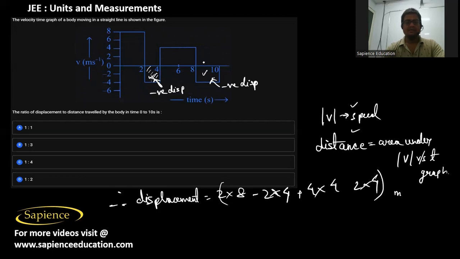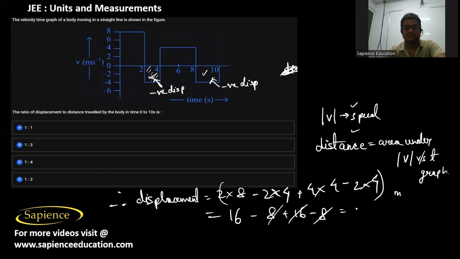And if we take the absolute value of this, then we will get the distance traveled. So here this is 2 into 16 minus this is 2 into 8 plus 4 into 16 minus 2 into 8. So this is 2 into 16. So 16 meter is the displacement, and the distance traveled will be equal to, so here everything